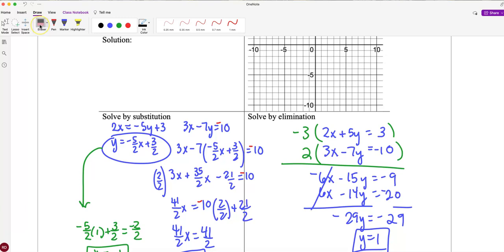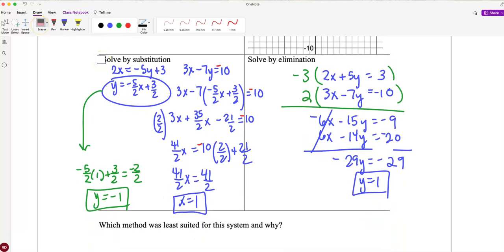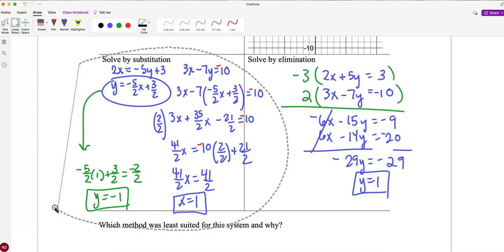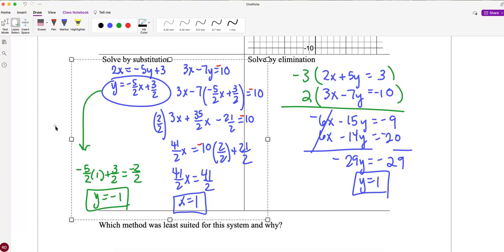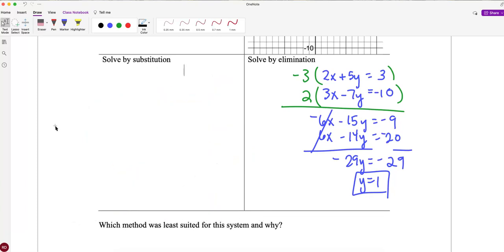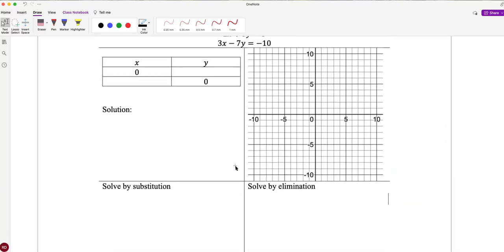Let me back up. I've made a mistake. I'm going to back up and just redo this real quick. So let's redo this and figure out what mistake I've made. Okay, so